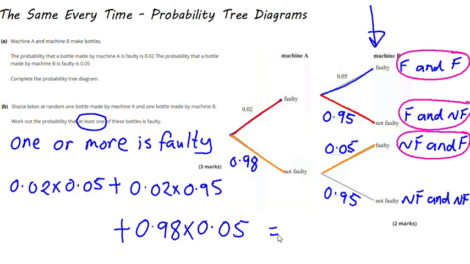So it looks like a calculator job for this one. Try it with me. Make sure you can get the answer. 0.02 times 0.05 plus 0.02 times 0.95 plus 0.98 times 0.05. My calculator immediately gives me the answer as a fraction, but since I have been given decimals in the question, I think I will leave my final answer as a decimal. So that's what I got,